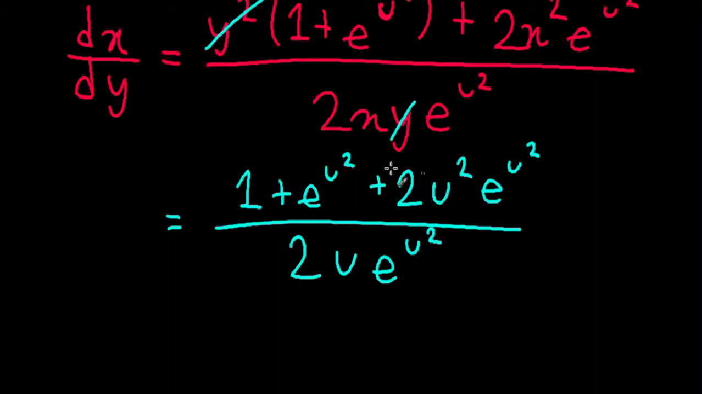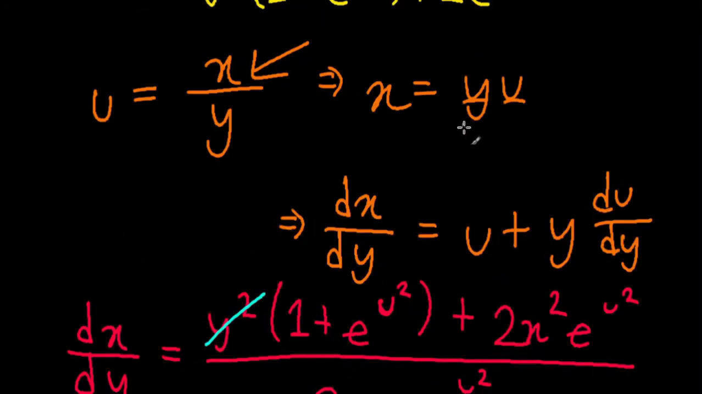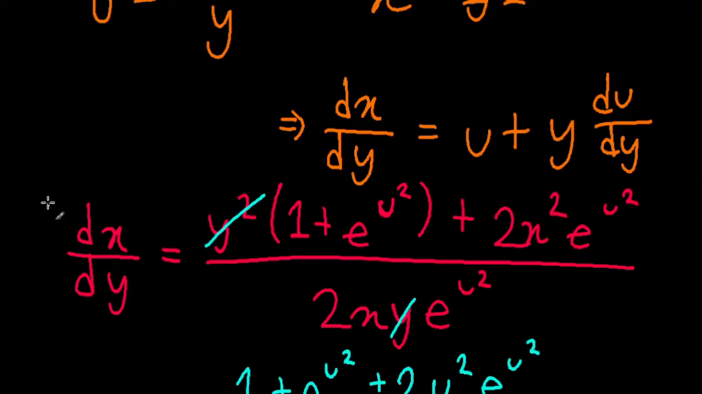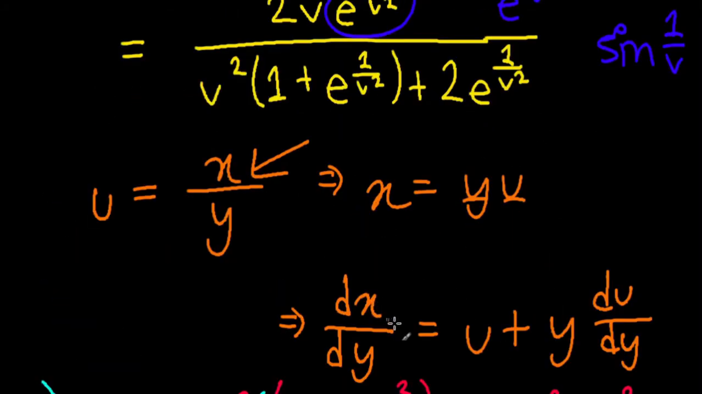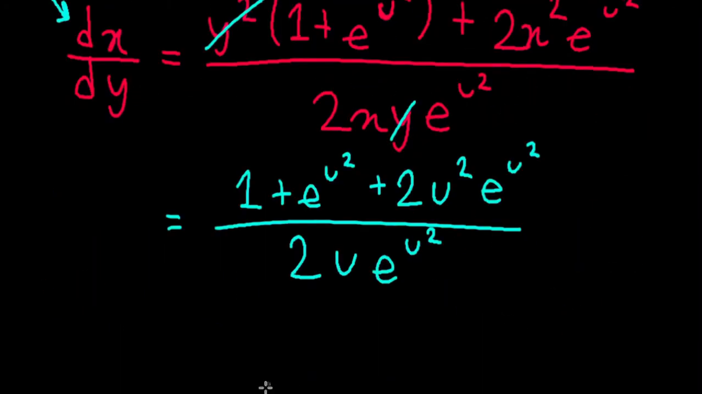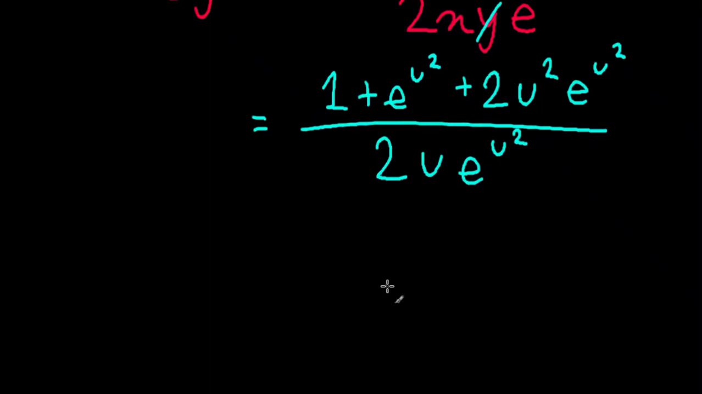And I think that you see this is much easier to manipulate. And one thing we should do, we should replace dx by dy by this expression right here. Then the one we got, u plus y du by dy. So, and I forgot to mention this, but